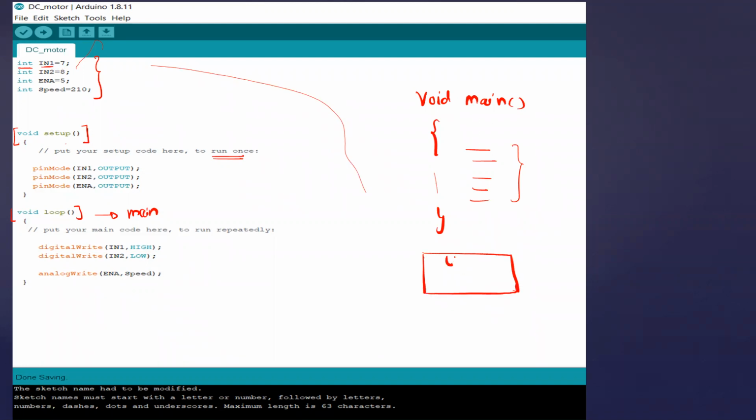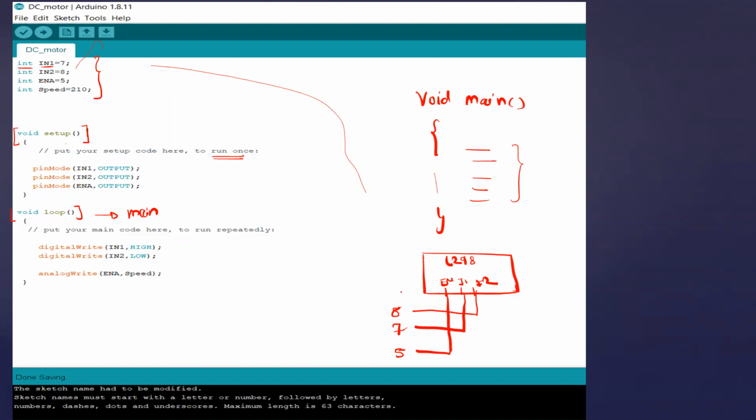So this is your L298, and these are input pin 1, input pin 2, and this is the enable. Input 1 is connected to pin number 7, input 2 is connected to pin number 8, and the enable pin is connected to 5.